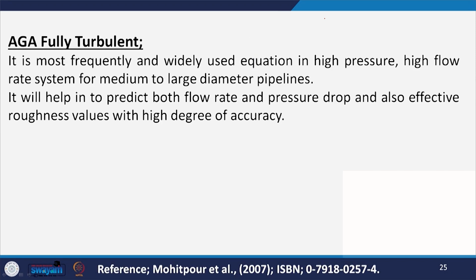Now let's talk about the AGA fully turbulent equation. It is the most frequently and widely used equation in high pressure, high flow rate systems for medium to large diameter pipelines. It will help to predict the flow rate and pressure drop and also effective roughness values with a high degree of accuracy. So this equation is again represented as QB is equal to 38.774 TB upon PB,